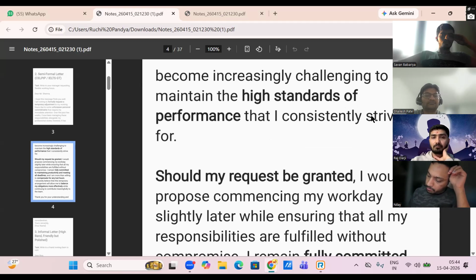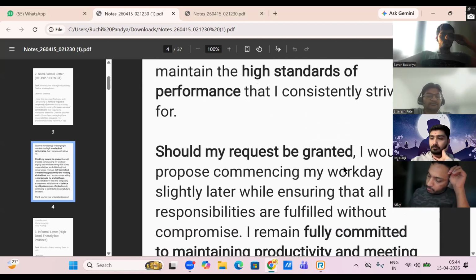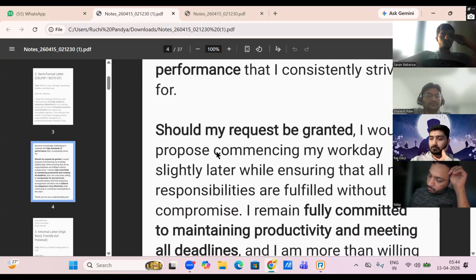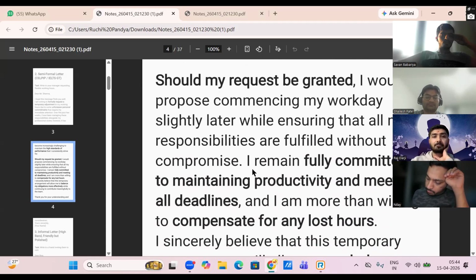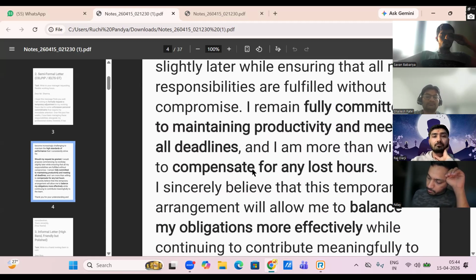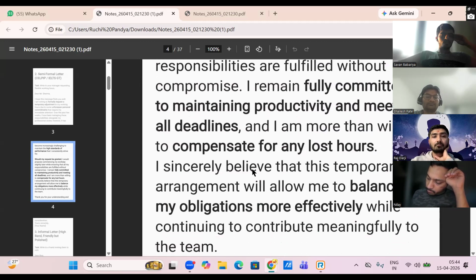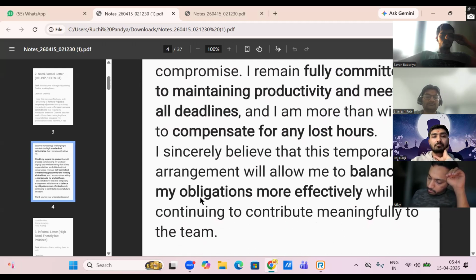So strive, that is to try. ये लिखना है तो लिख लो, commence. Commence का मतलब होता है to start, begin. Nothing else here. If anybody wants, you can write down obligation. That is your responsibility.